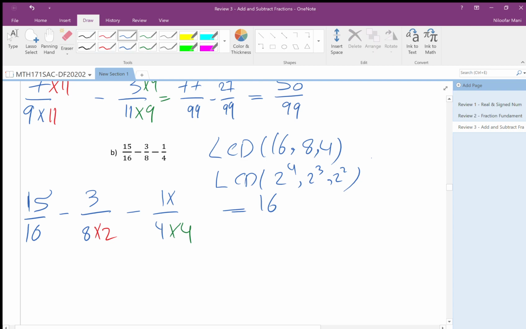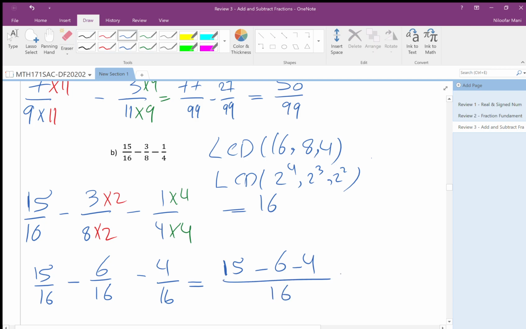Okay, but I multiply the bottom, I have to multiply the top as well. 15 over 16 minus 6 over 16 minus 4 over 16. Oh, I have the same thing. I have 15 apples. I eat 6 of them first, and then I eat 4 of them next. So it is 15 minus 6 minus 4 divided by 16, which is